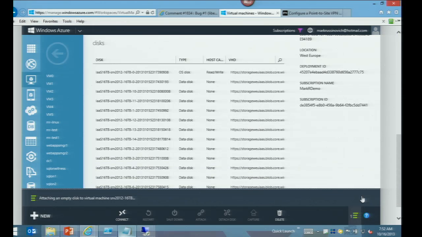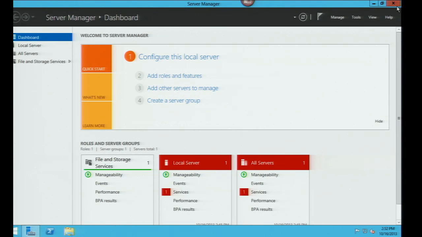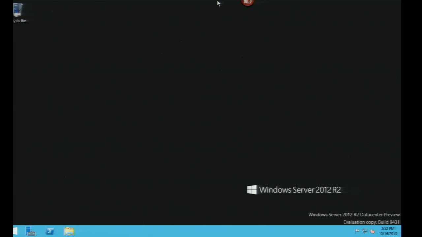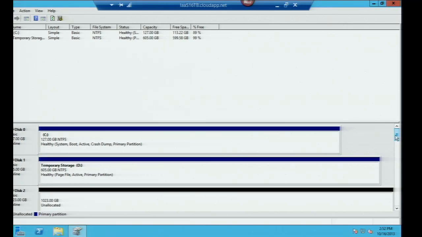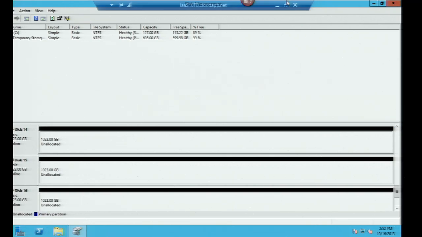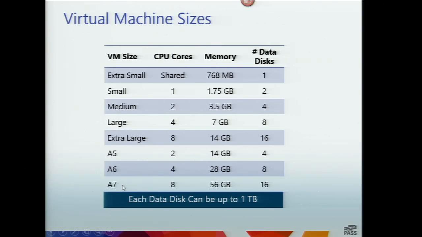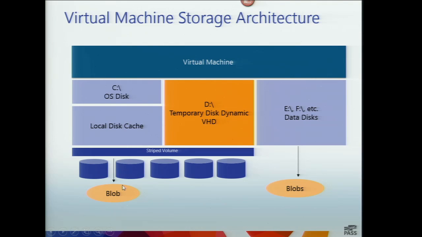And in a few seconds, so roughly 30 seconds or less, we're going to have Windows pop up and say, hey, you've got another disk. Oh, am I in the right one? Yeah. Well, no, that's the VM that I created before. Here's the one. So in a second, disk 17 is going to pop up. And let's come back to that after I talk a little bit more about the disk subsystems,